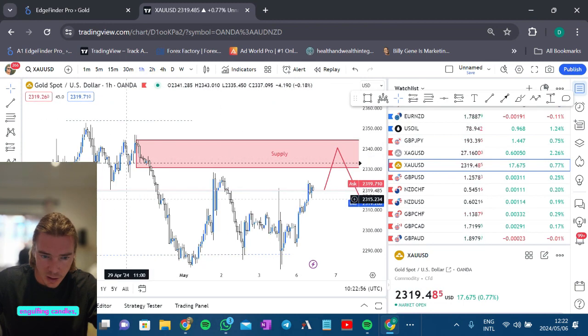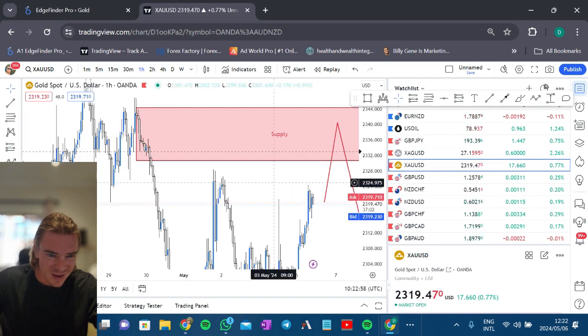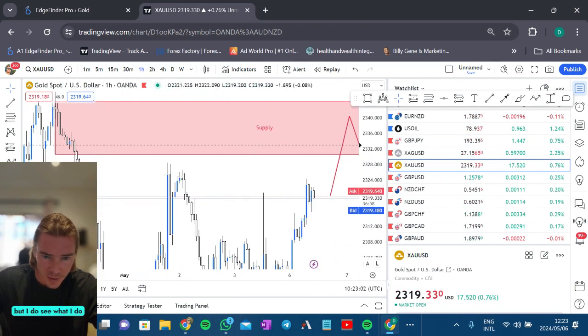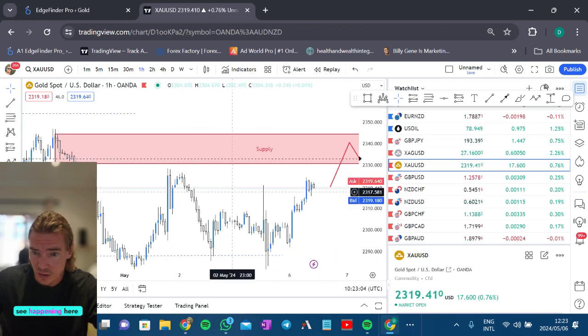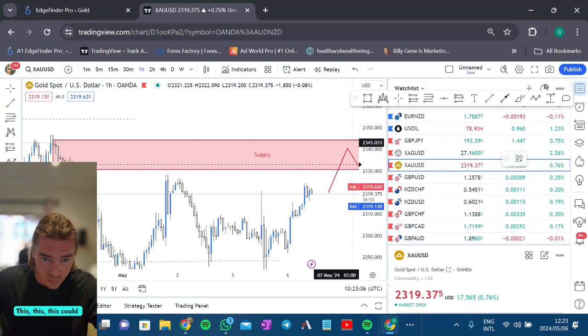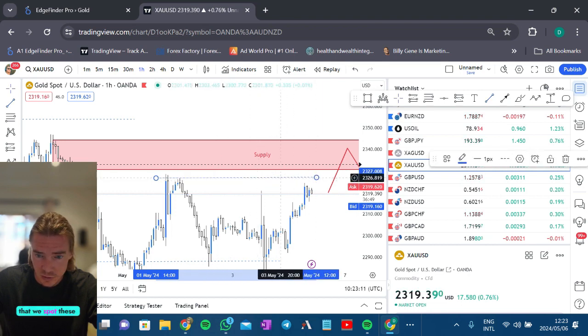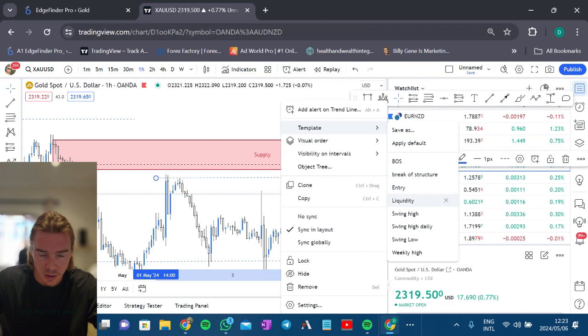Do I see any engulfing candles at the moment anywhere? Nothing really powerful. I can't see anything there, but I do see what's happening here, guys. This could be the next liquidity grab. So we just need to make sure that we spot these things, guys, and don't try and jump into the